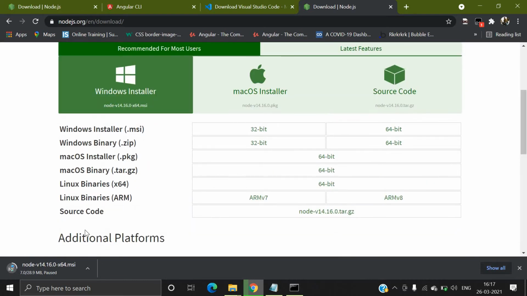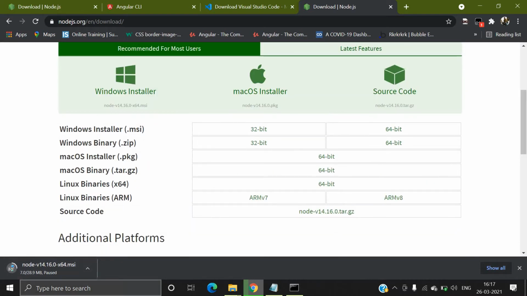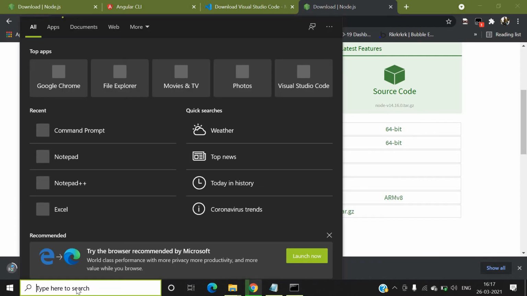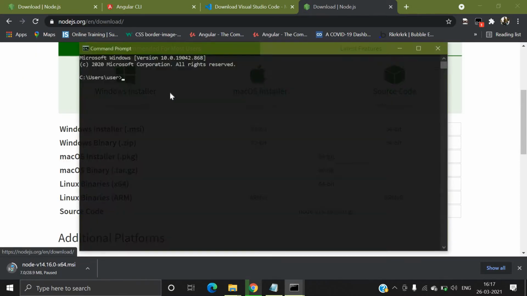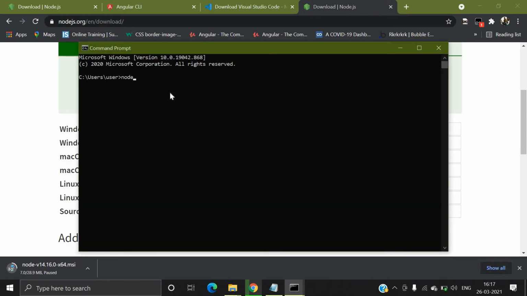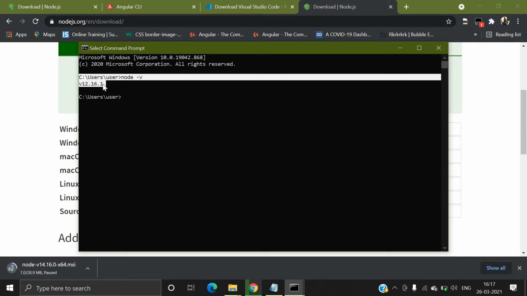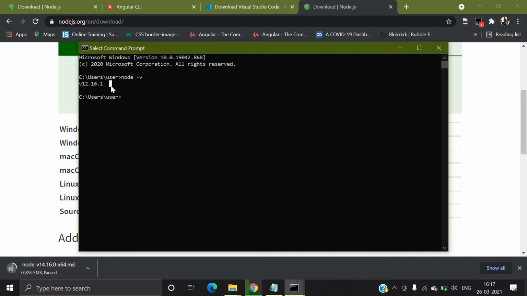I have already downloaded Node.js. If I want to check my version of Node.js, I will go inside cmd and write node -v. So this is my version of Node.js, and Node.js automatically installs npm.